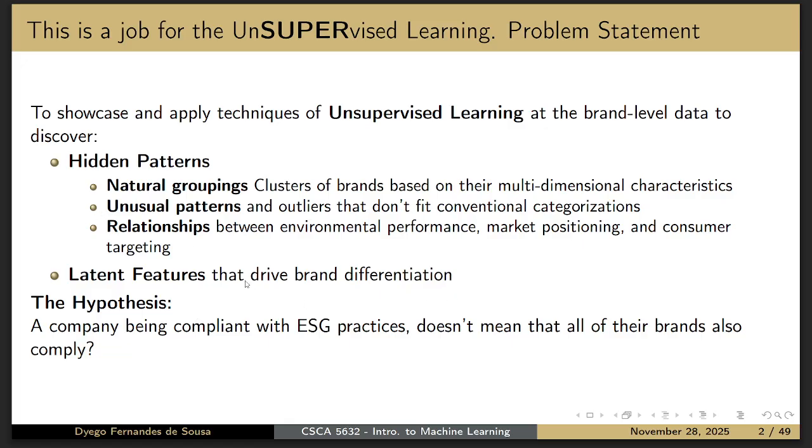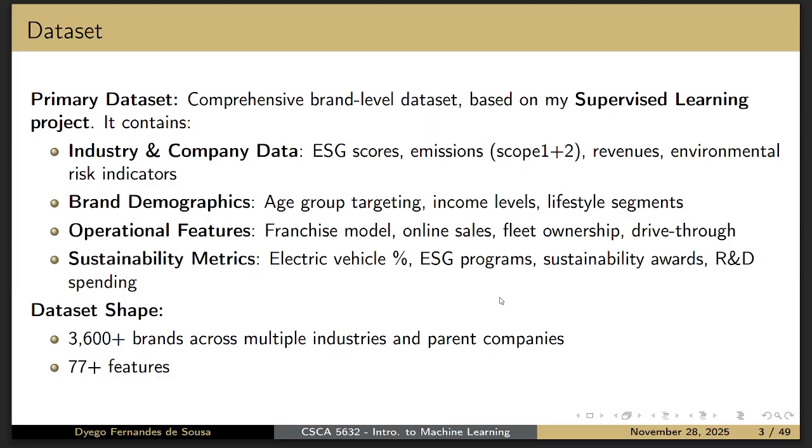company. The hypothesis that I'm pursuing here is that a company can be very well compliant to environmental, social, and governance practices, but a specific brand might not be as well. Or maybe if it's the inverse, so the brand can be very well compliant with that, and the company can underperform. The data set that I'm using here is based on my supervised learning, and again, it's based on ESG,